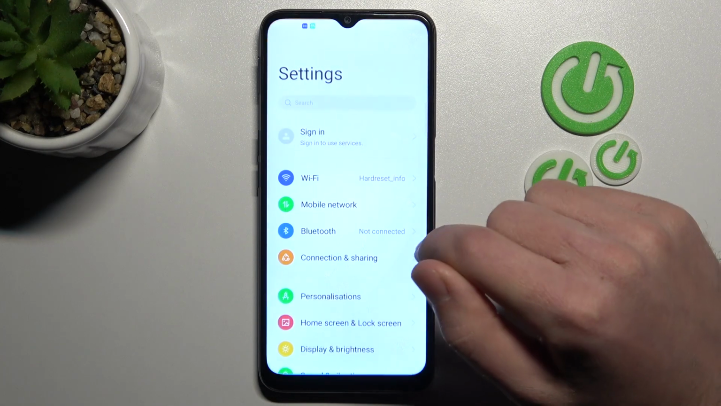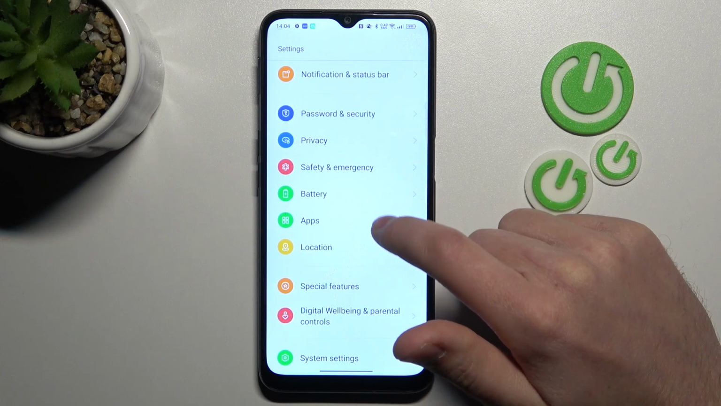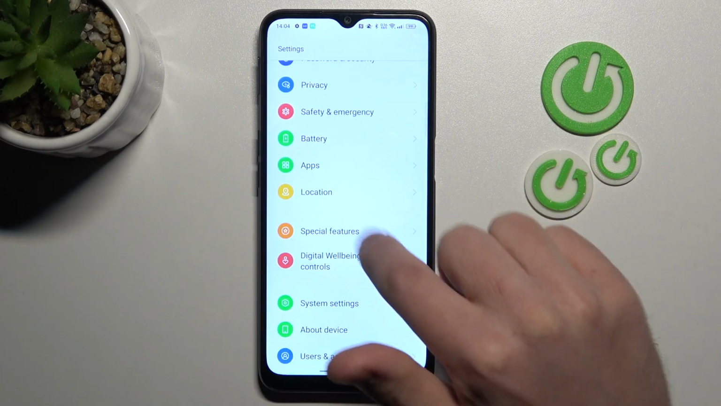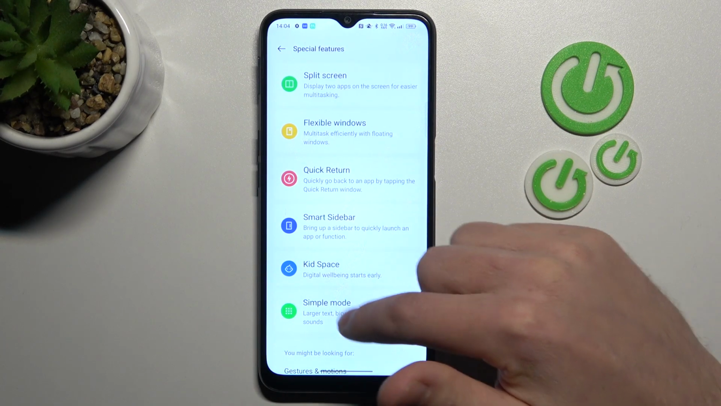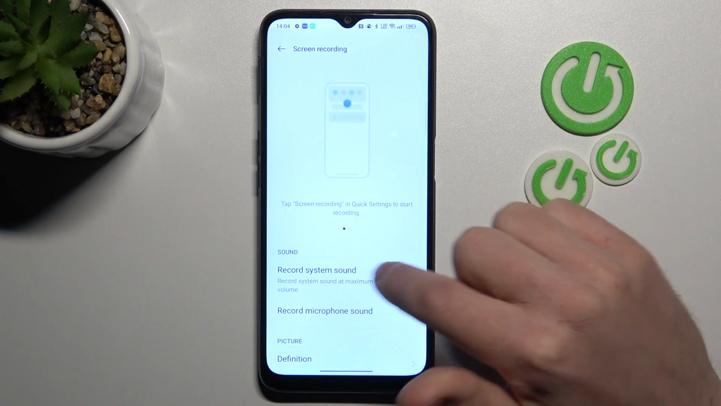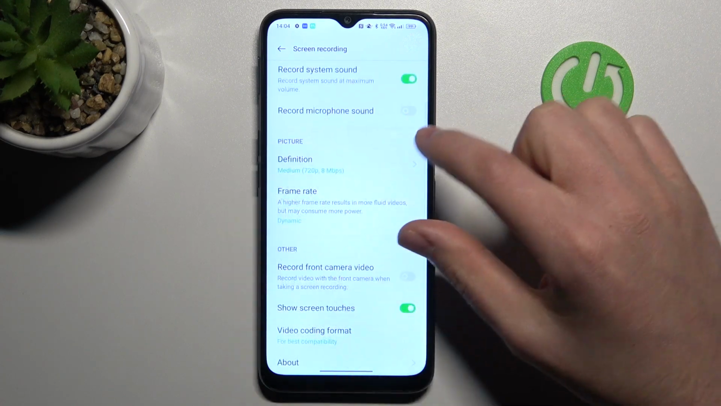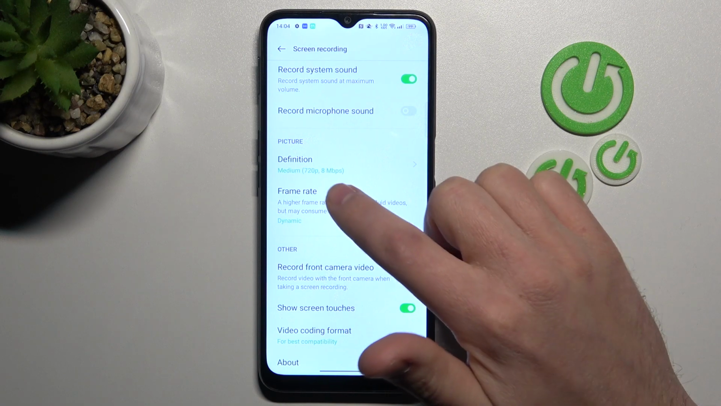First of all, open your settings, then scroll down and go into the special features option. Here, find screen recording at the bottom. And here we've got our screen recording option. The middle block is about our picture, and if we tap